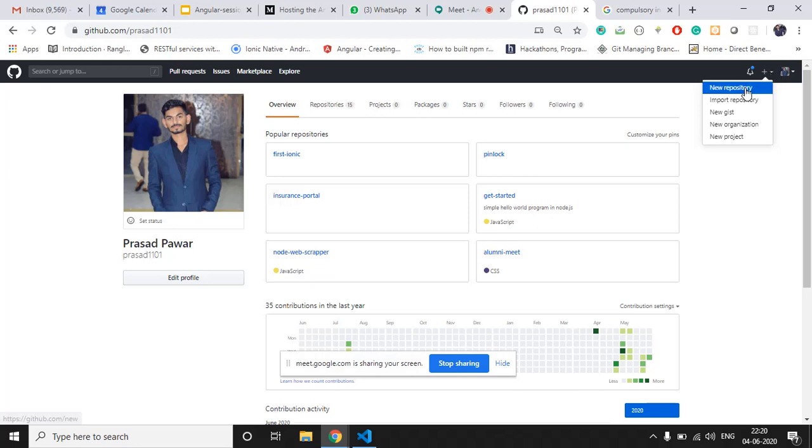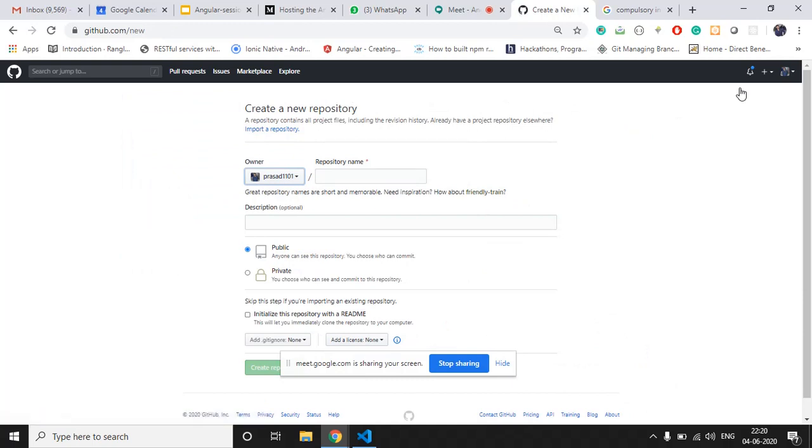It will give you an option of creating a new repository, right? So this is the form for creating a new repository. As we have to host our Angular application on GitHub Pages itself, we have to keep our repository name similar to our username, which is shown here. Prasad1101 is my username, so the repository name has to be Prasad1101.github.io.